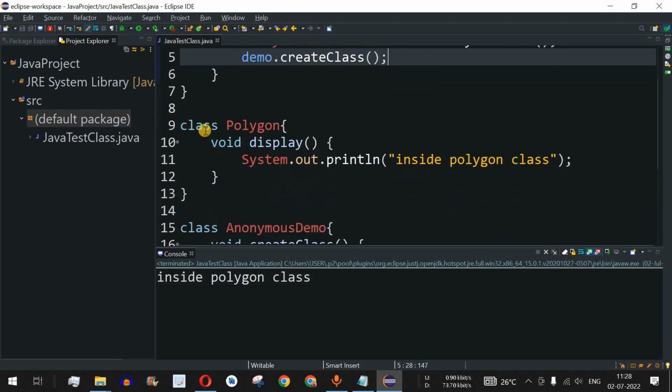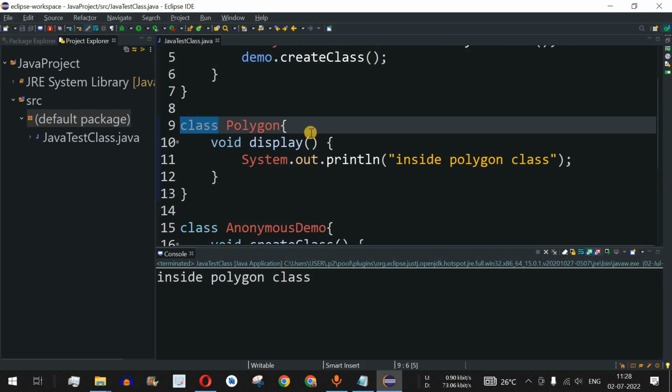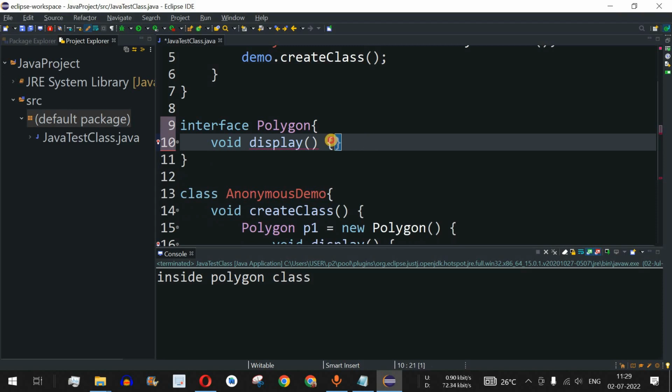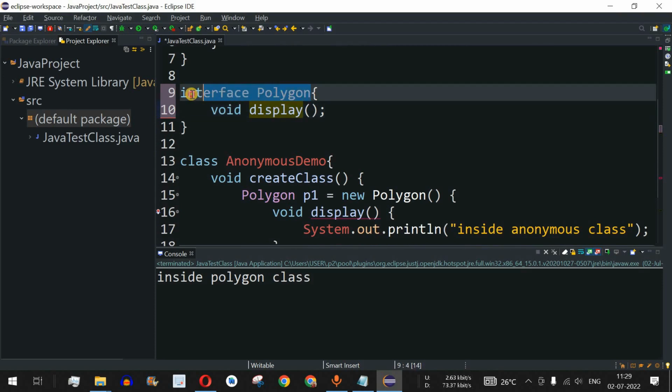Guys, similarly, instead of having this class, we can also have an anonymous interface as well. So instead of this class, we will define it as an interface. When we are having an interface, we cannot have a definition of the methods inside an interface. As you can see, there is a red underline over here. It says abstract methods do not specify a body. So this is kind of an abstract method and we cannot have the body of that method. So I'll have to remove this, but it is mandatory to have the implementation of this method wherever we are trying to extend or implement this interface.